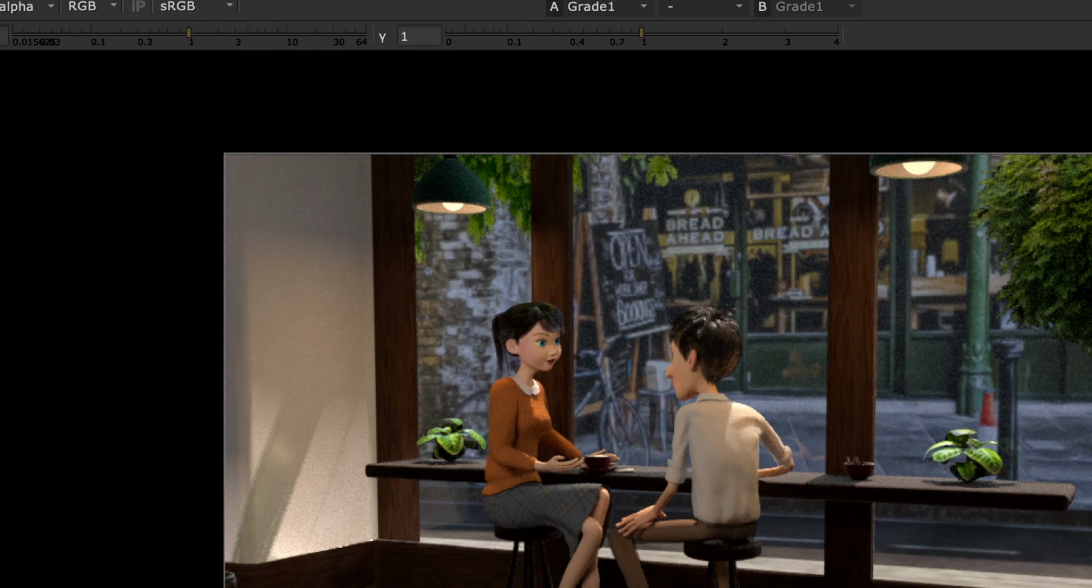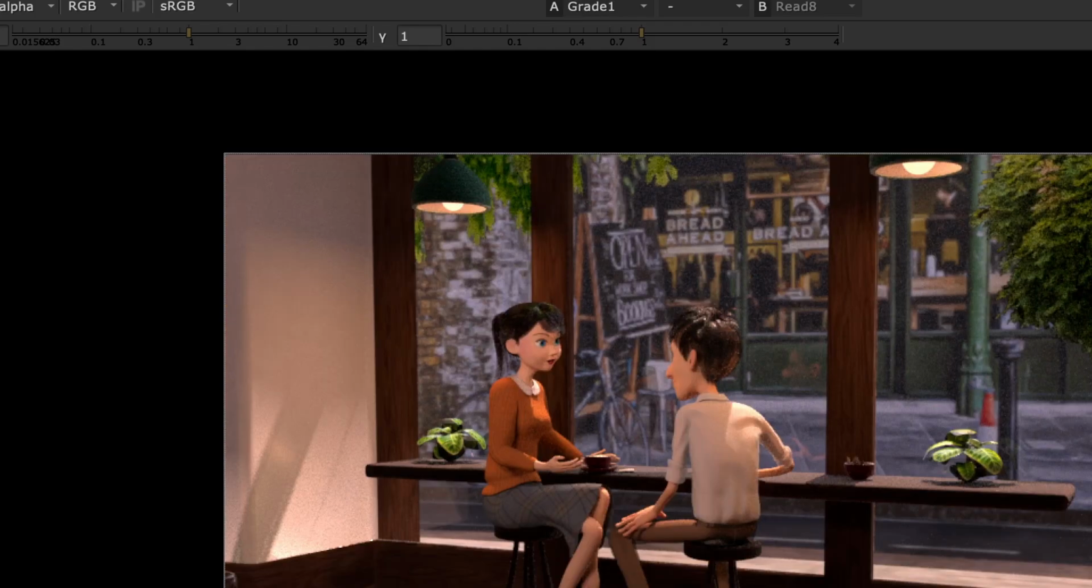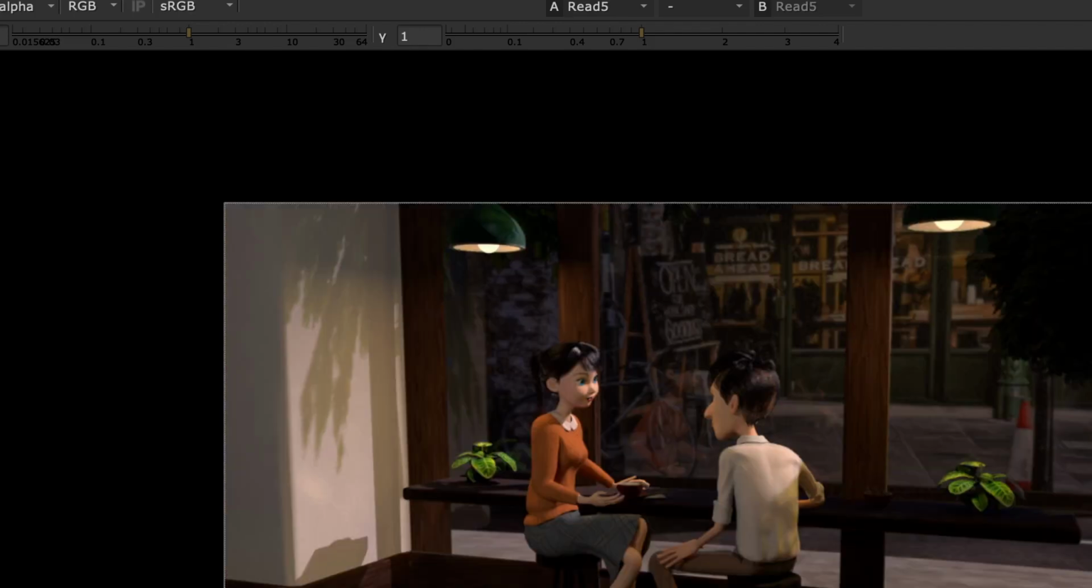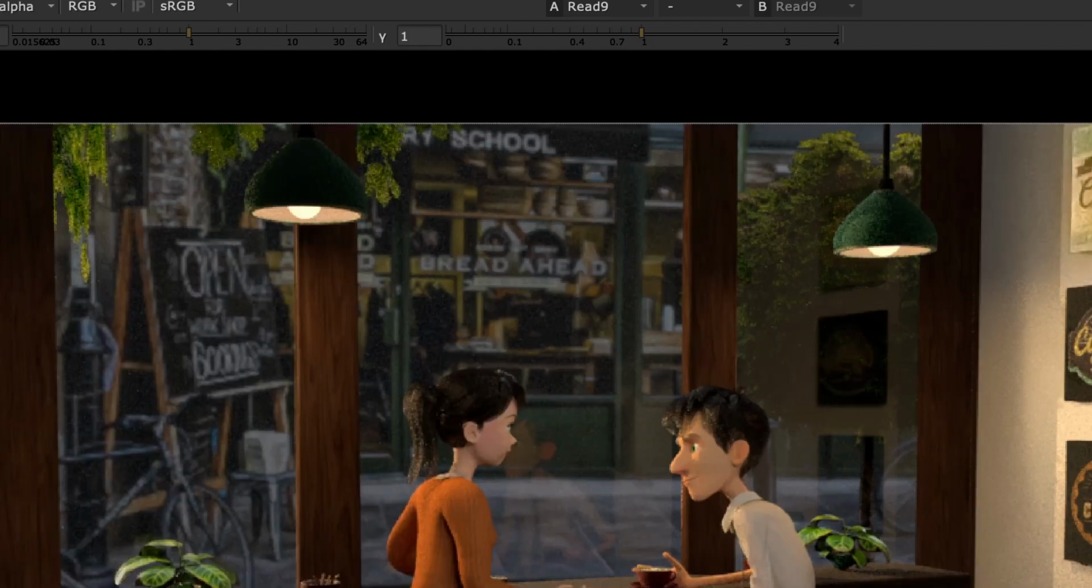So if I just stick a grade here and I just mess with the gain a little bit, just adding a little bit of red into this gets you so much closer to this look. And then generally across all three of your frames, I wanted to say, well, I guess two of your frames where you have what looks like sunlight coming in, is that